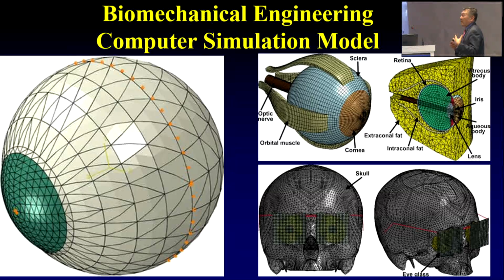To answer this question, we developed a very complex finite element computer simulation model, not just of the eyeball, but including the muscles, orbital fat, the orbit, the skull, the entire head, as you can see here. And we had about 1 million small points that we could analyze simultaneously